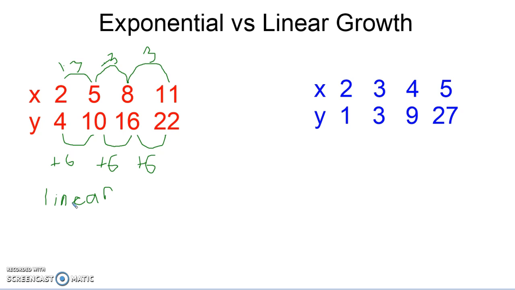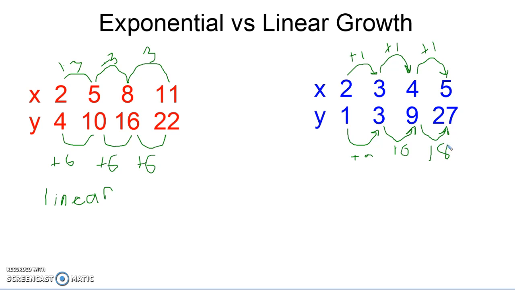And then looking at this one over here, we have 2 to 3, so that grows by 1. From 3 to 4, that grows by 1. From 4 to 5, that grows by 1. Going from 1 to 3, that grows by 2. Going from 3 to 9, that grows by 6. Going from 9 to 27, grows by 18. So this one's not growing at a consistent addition rate, but if we look, it is all